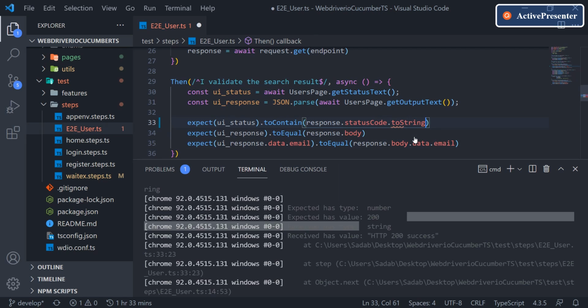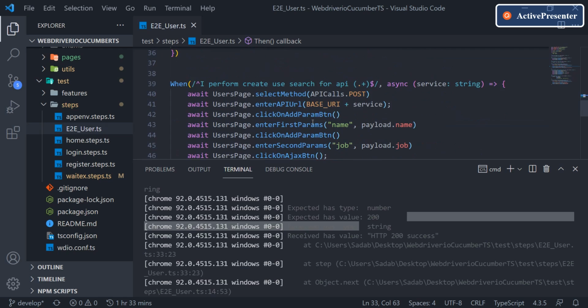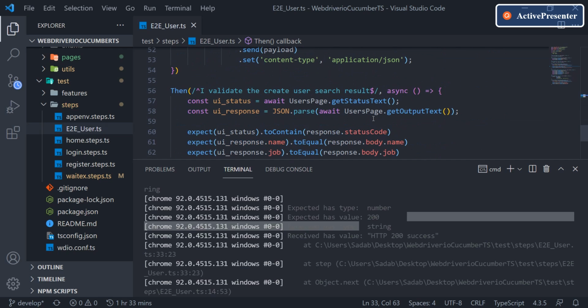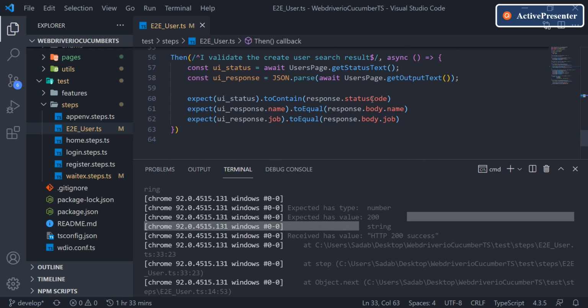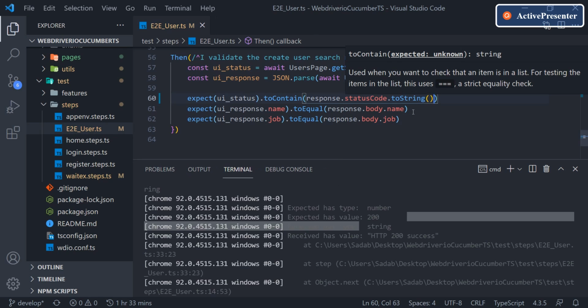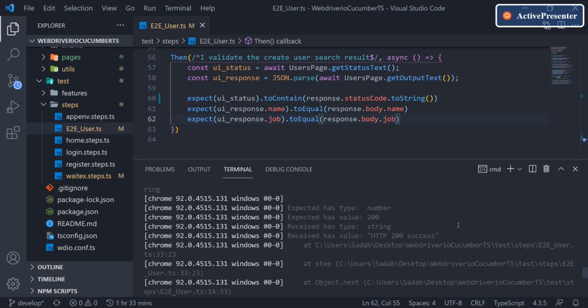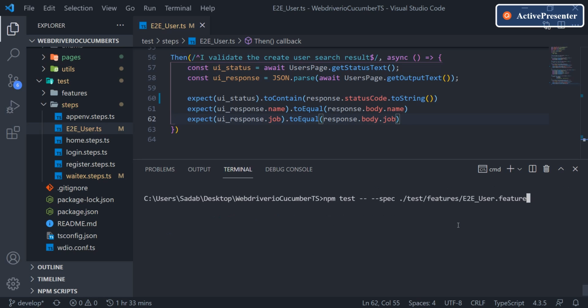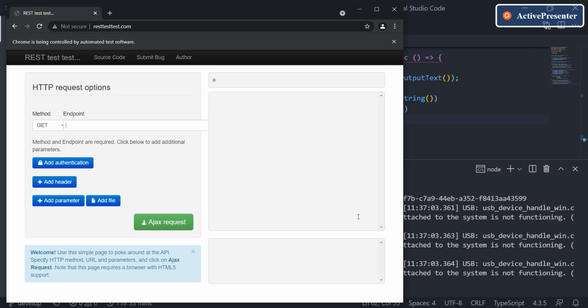I'll say toString, and I think there's another assertion as well which is failing here. It's the same reason: this is the string and this is the number, so I'll change this also to string, and it should work fine. Let's rerun again. It's loading the website and trying to execute, and hopefully this time it should work. Let's see.